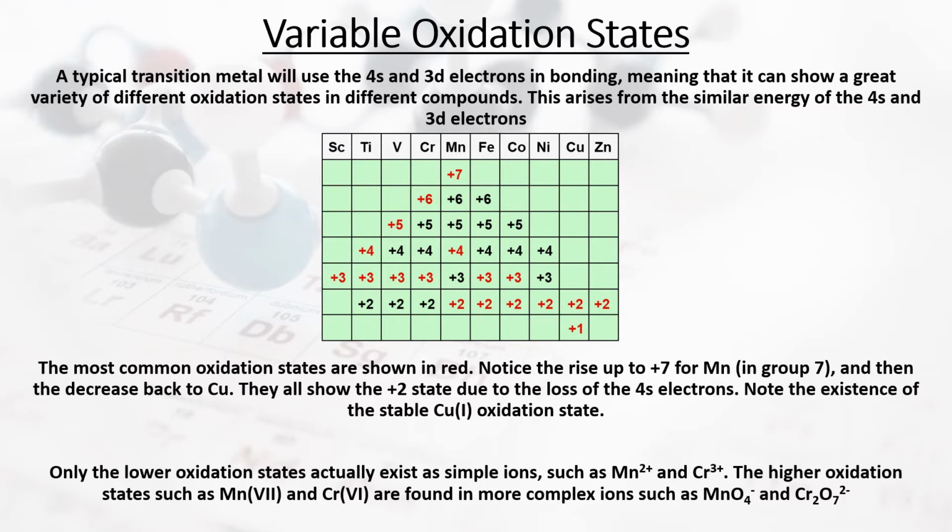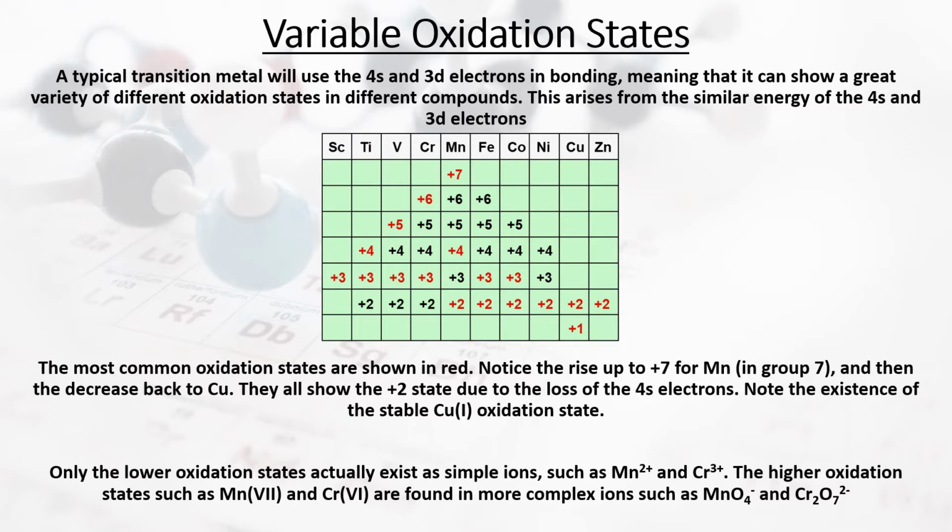And the key reason for this, again, like we've seen in many of these videos, is it's all down to really the 3d electrons. And so a typical transition metal will use the 3d electrons and sometimes the 4s electrons in bonding. In the first video of this series, you might remember that I said that once we take our isolated metal atom, or our ion, and we start to bond it to ligands and put it with other atoms and molecules, that typically